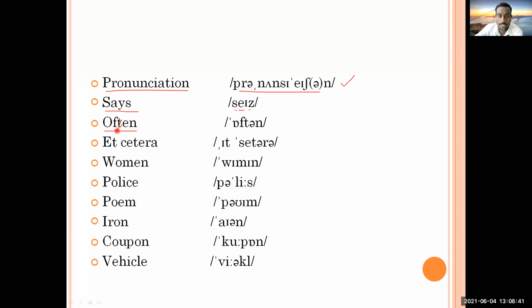So this is what we know. It is often. Again, remember, while pronouncing f, you have to touch your lower lip to what? You have to touch your lower lip to the upper teeth, not the upper lip. So this way you can pronounce often. But if I pronounce it with the t, is it right? No, sir. No. So I think that this is also right. You can pronounce it both ways.